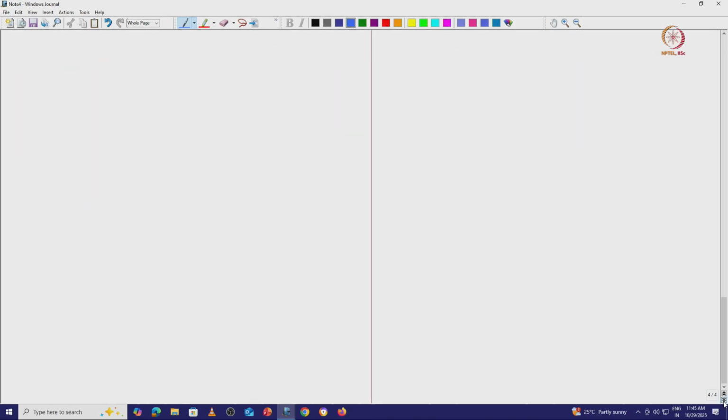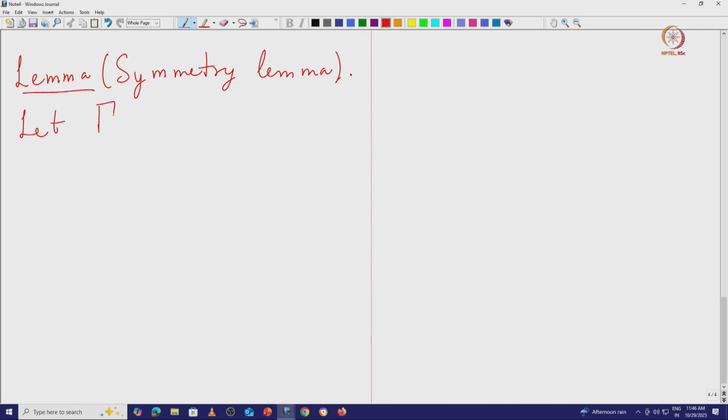Alright, so in order to prove this, I need the following lemma, which is called the symmetry lemma. So this says the following. Let capital gamma be as above, so it is an admissible variation of little gamma. Then